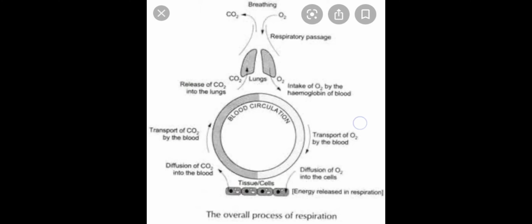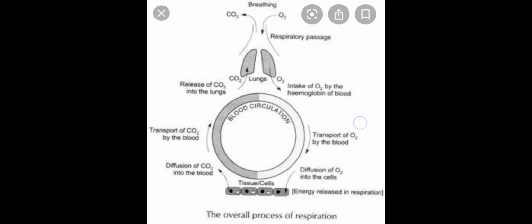But while leaving the tissue, now the passenger is changing. Now the passenger is carbon dioxide. This carbon dioxide is carried from tissue to lungs. Again at the level of the lungs, the passenger, which is carbon dioxide, moves out of the taxi, that is hemoglobin. Hemoglobin is still in the blood only, and carbon dioxide moves out from the lungs when you exhale. So hemoglobin is the respiratory pigment and plays a very important role in transportation of O2 and CO2.